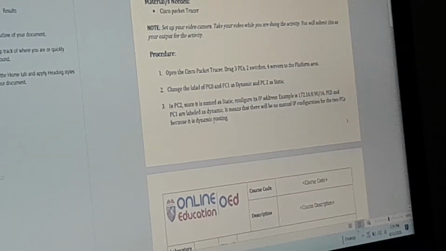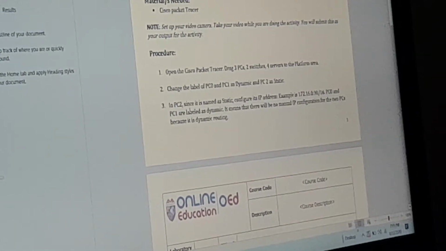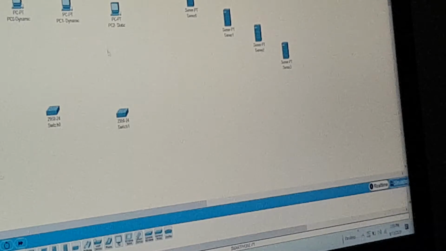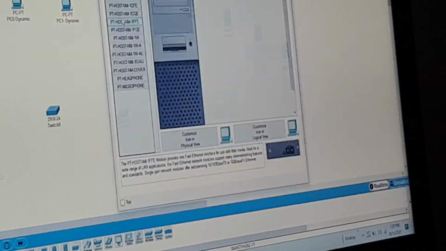So we will configure only PC2 because this is the static. We need to assign the IP address, and for PC0 and PC1 there is no manual configuration because the name is already dynamic routing. So I'm going to put the IP address for the static.